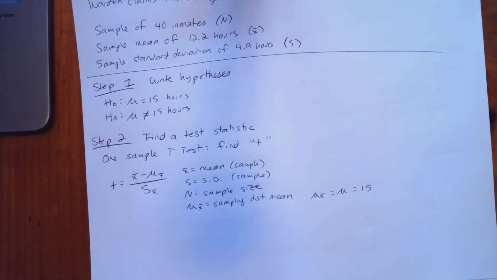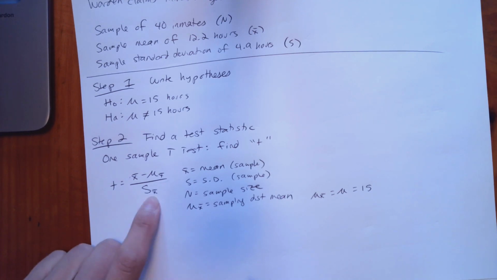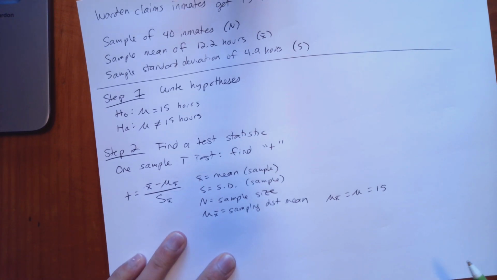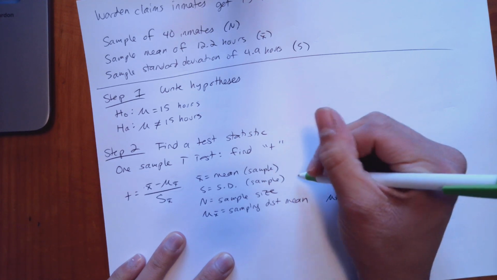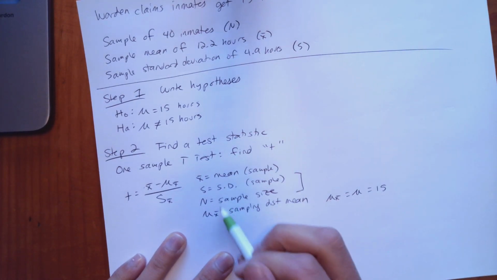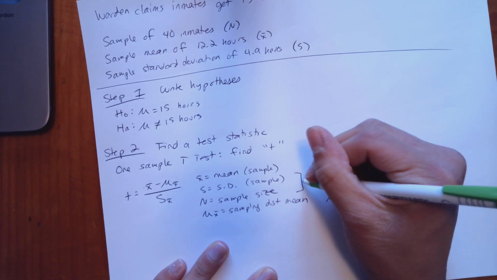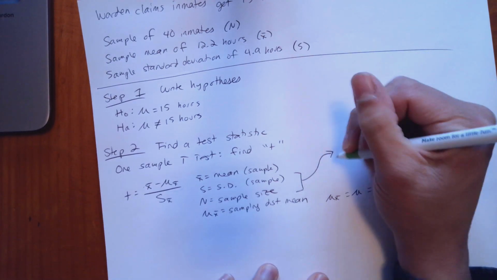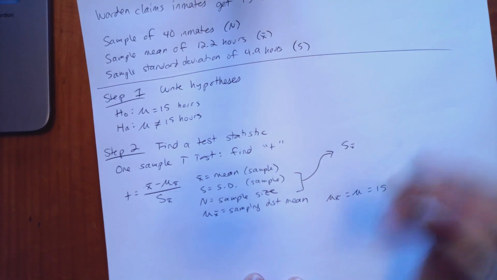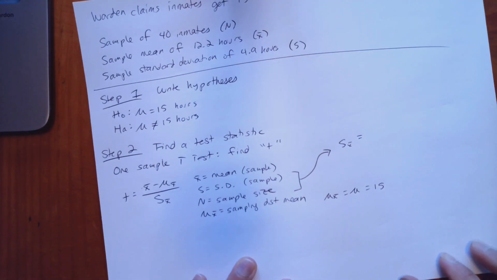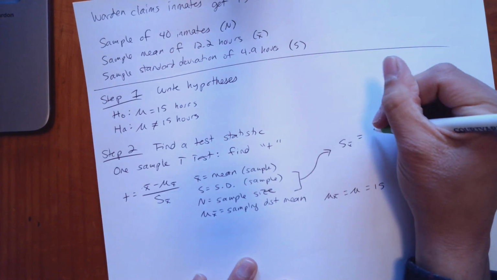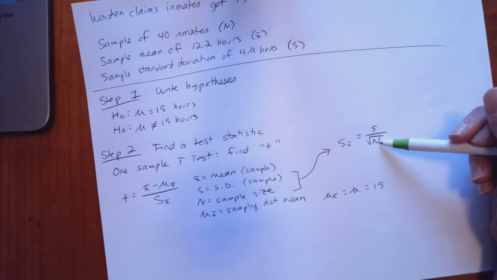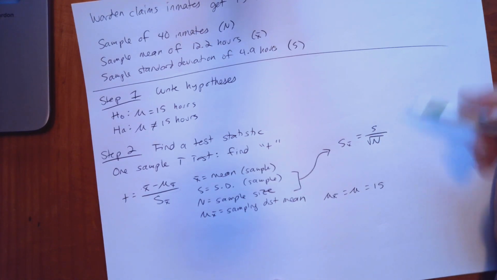But before we can actually start plugging things in, we first have to find this term S sub x bar here. And to do that, we're going to be looking at these two statistics. I should have written this out first and then these two, but you can just deal with that. We're going to use these two to find S sub x bar. And specifically, we're going to use this equation here,